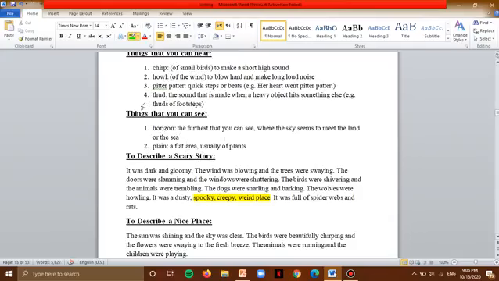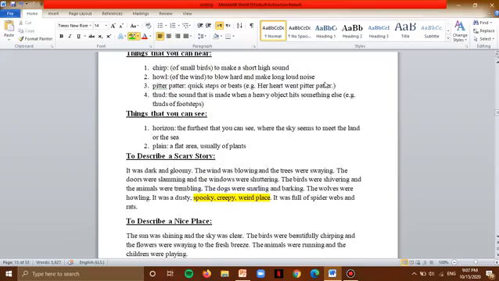Here also we have things to describe the place, also things that you can see or hear in that place. So things that you can hear, for example, chirping. Chirping is the sound that small birds make. Howling of the wind or of a dog. Dogs howl. The wind howls. The wind creates this whooshing loud sound. Pitter patter. These are quick beats or steps.